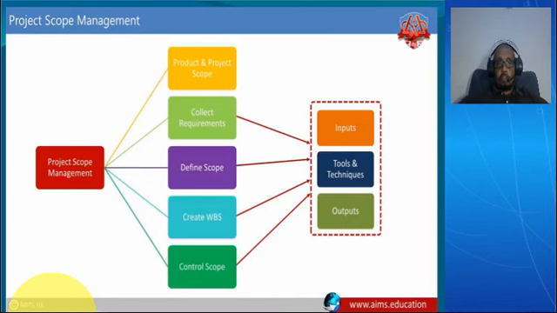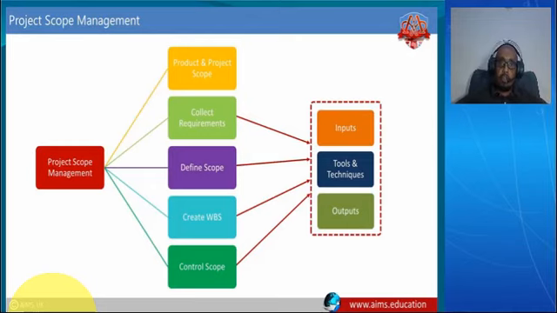When it comes to scope management, at the start of your program or project, you have to think about whether you are a service provider or product producer or any other organization. It could be governmental or non-governmental. You have to put in place first a product or project scope. Then you have to think about the 6 points of the project scope, which are the 6 points in the middle of this picture.